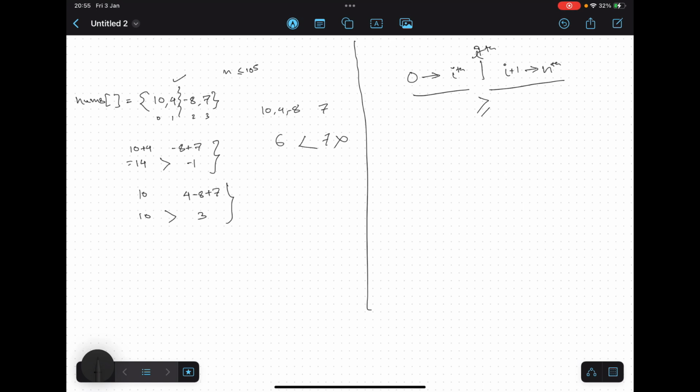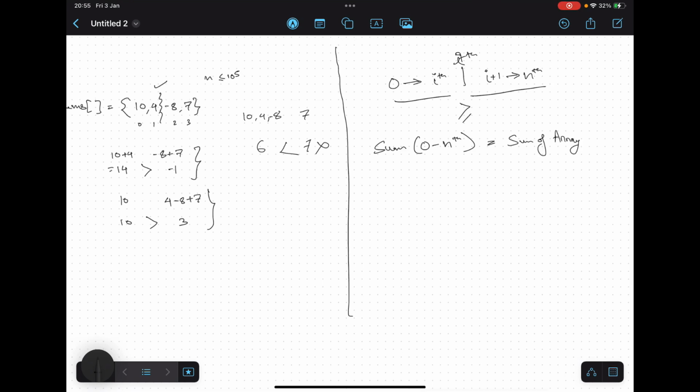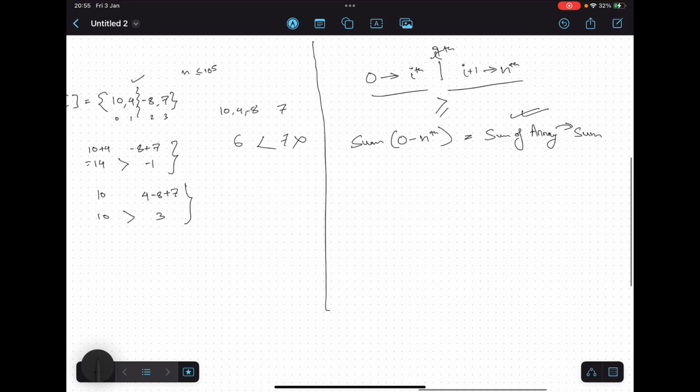So let's say if we take the sum of elements from 0 to the nth element, this would give us the sum of the whole array. So if we already calculate the sum of the array and store it in a variable called sum, can we say at any given